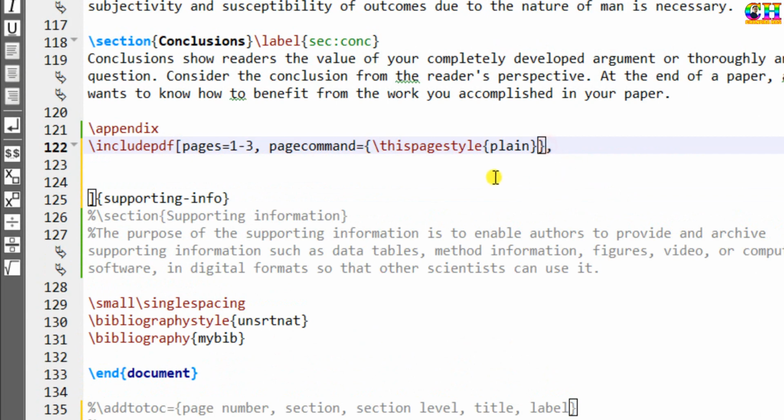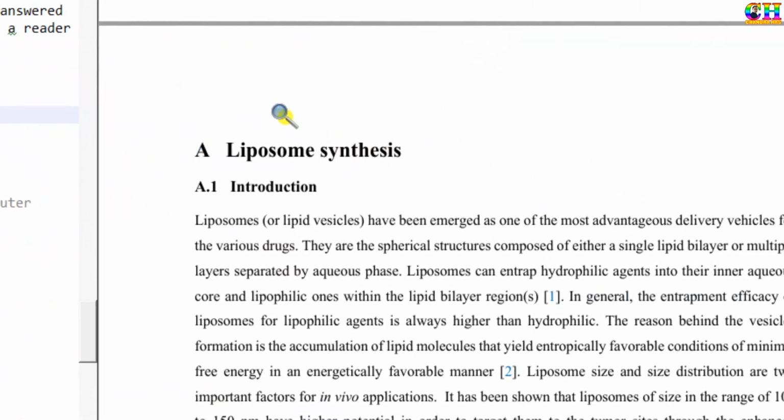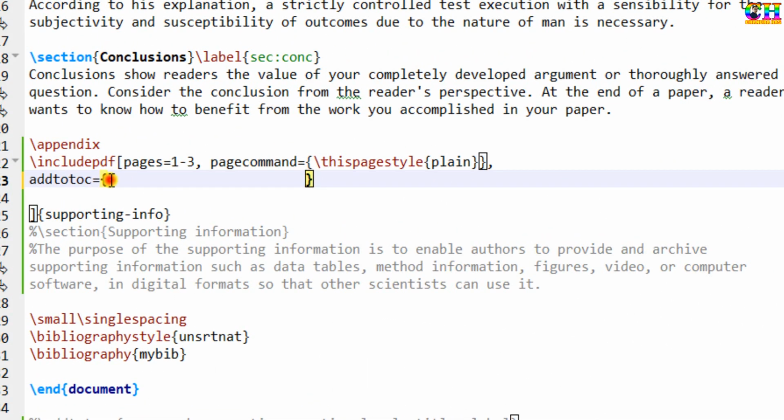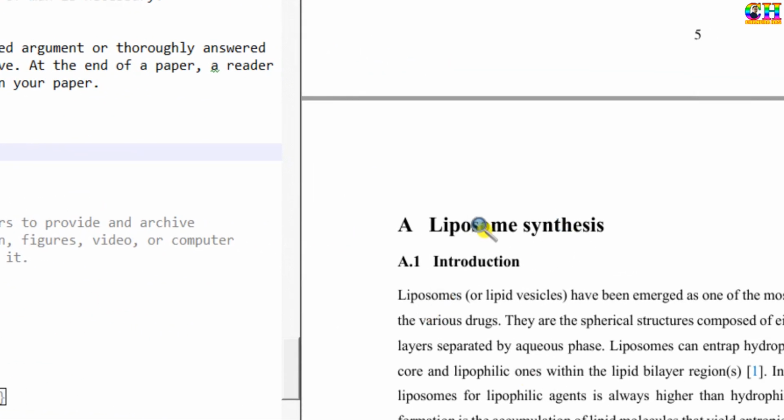I'll write at this place. First we need to mention the page number of the section title. This is the first page. We have to see the actual page number of the PDF. So in the actual PDF file it is 1. Just write 1. Then section type. This is section.